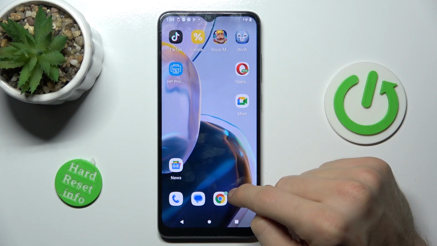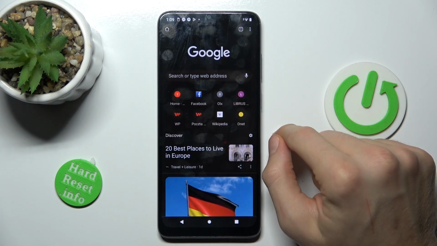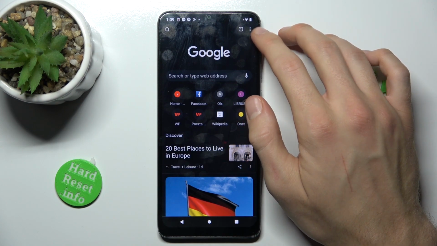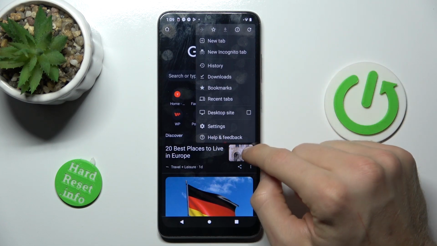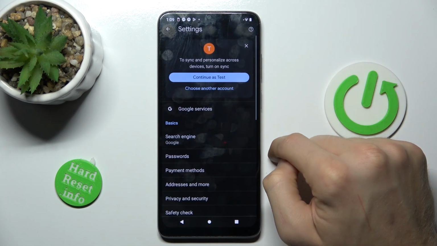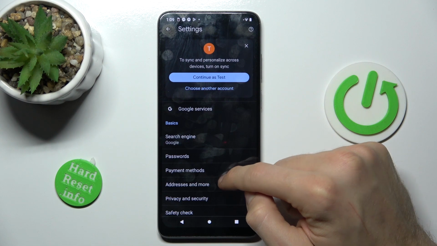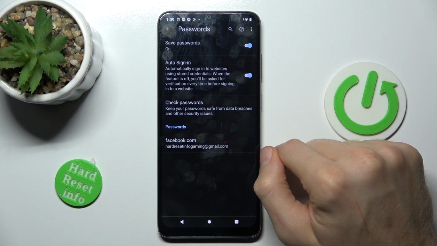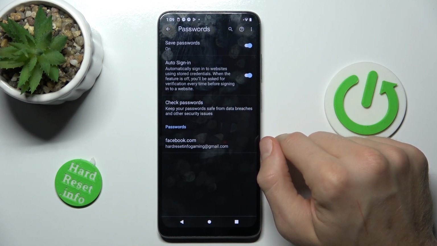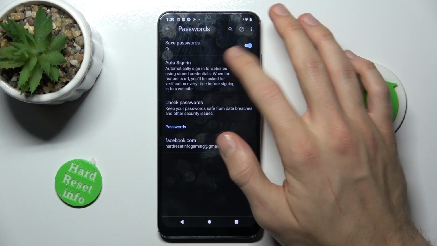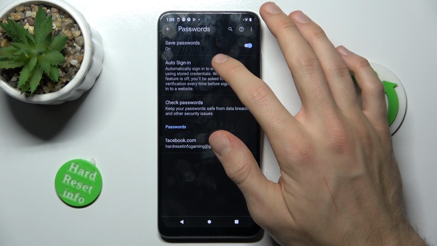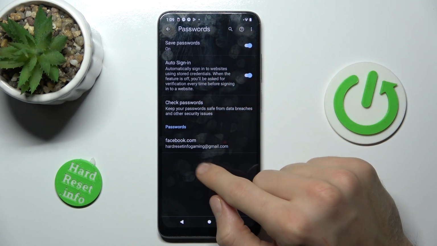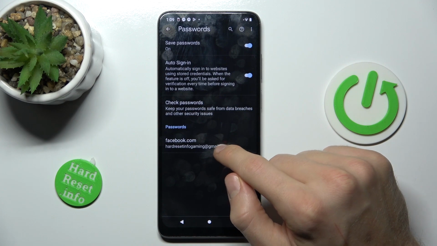To manage our passwords, we must go to Google Chrome, where we have three dots on the right side of the screen. We click there and we have the settings option. Choose it, and now we have the password option, and there we have our password manager option, where we can turn on or turn off our save password option, or auto sign-in, or we have our passwords which our Motorola remembers, in